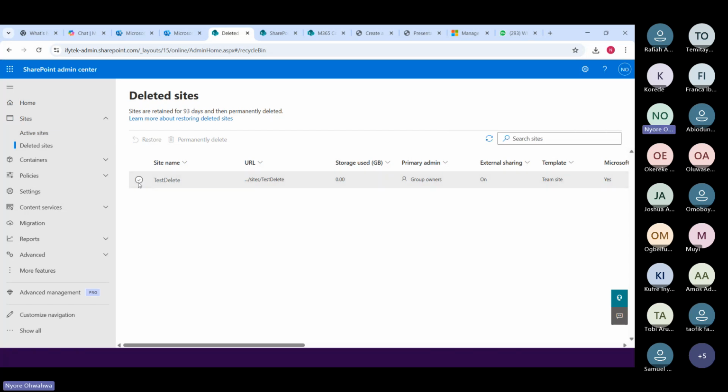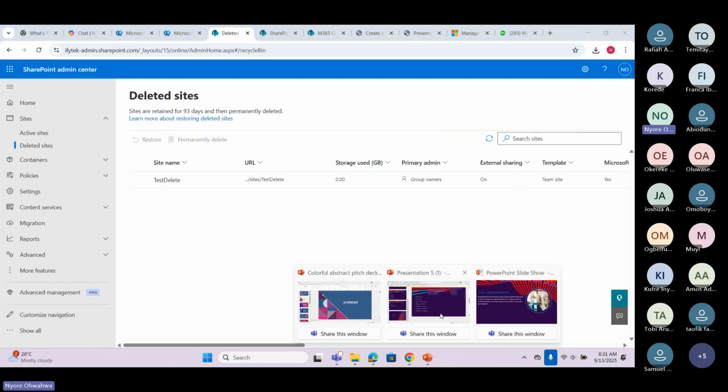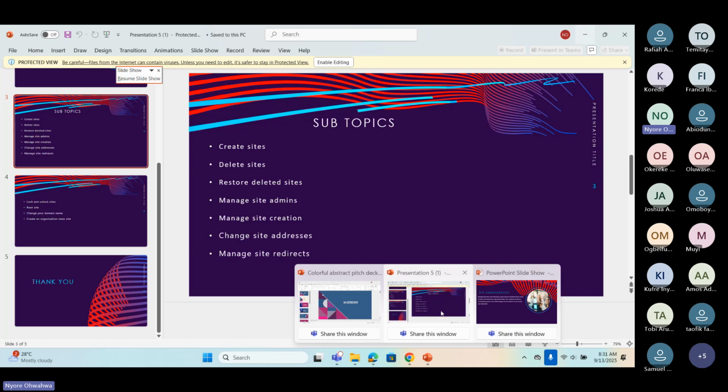Also, you can permanently delete a site, but I'm sure it's taking some time for this to come up. If you want the site to be deleted permanently, you can go ahead to delete the site permanently or restore the site. So I think that is that for site creation and site deletion. We've talked about site restore. So we're going to move ahead to manage site admins.